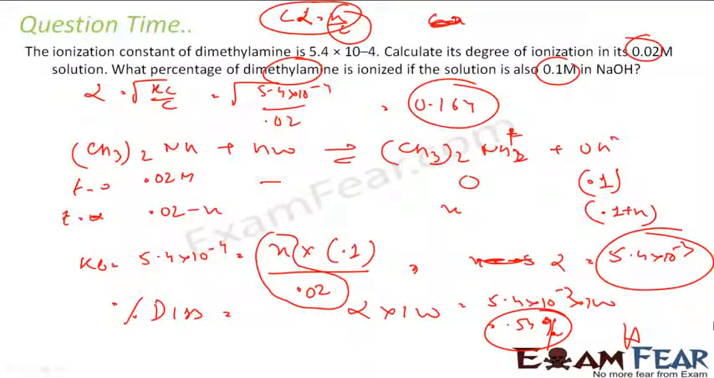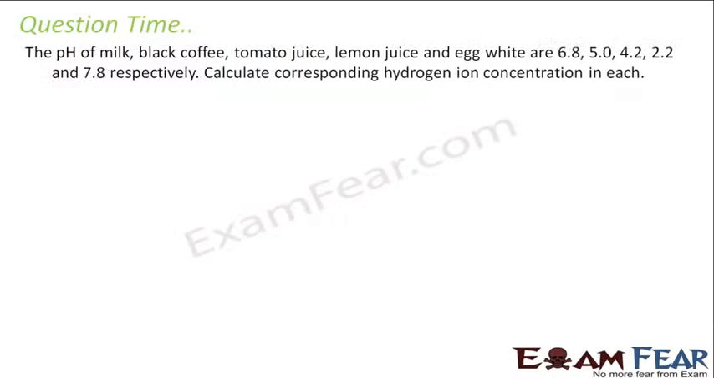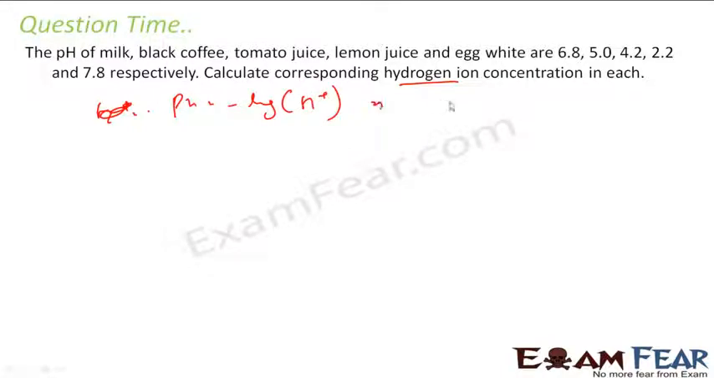A very similar question. So the question says the pH of milk, black coffee, tomato juice, lemon juice, egg are this. We have to find the corresponding hydrogen ion concentration in each one. Pretty simple. See, pH is nothing but minus log of H⁺. So H⁺ will be what? H⁺ is nothing but,